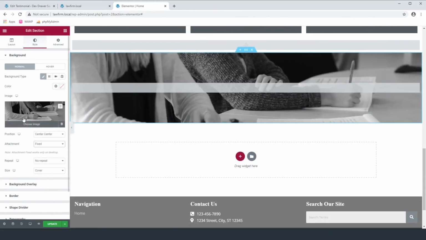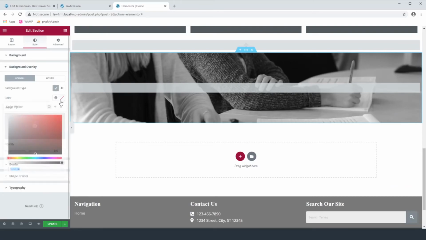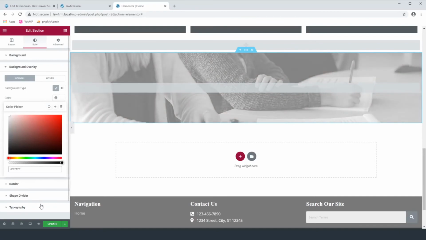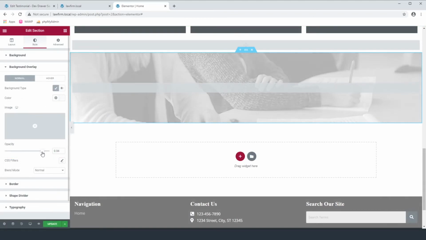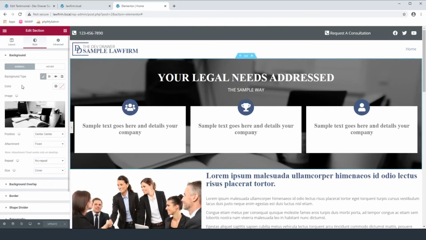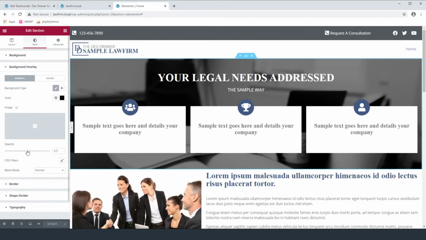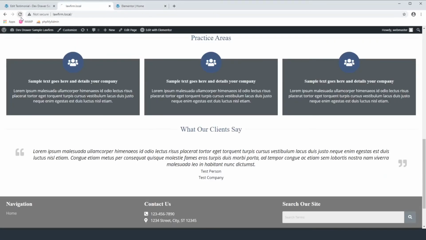Okay, so we also need to have an overlay on this one like we did on the top, so we're going to do a color overlay of white this time. And let's update that now. Oh, okay, that's what I was looking for earlier. So let's update that and come all the way back up here and update this too, because I wanted to make it a little bit darker and I didn't see this. So 0.7, update that. Alright, so now if we go back to our home page and refresh,